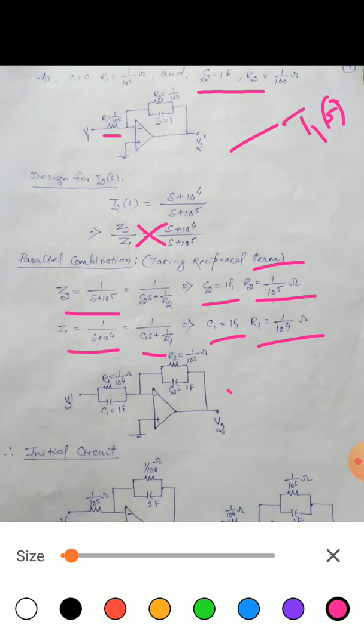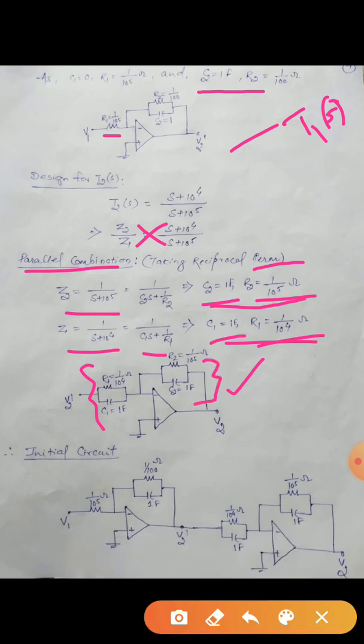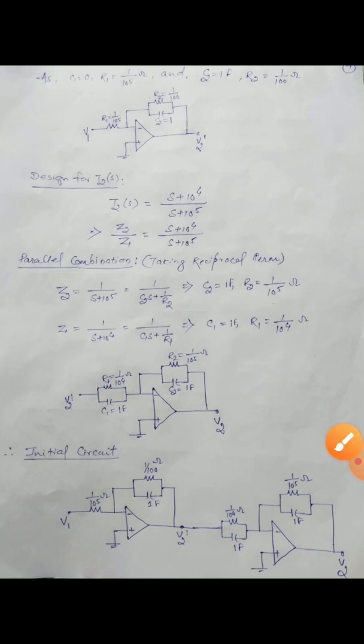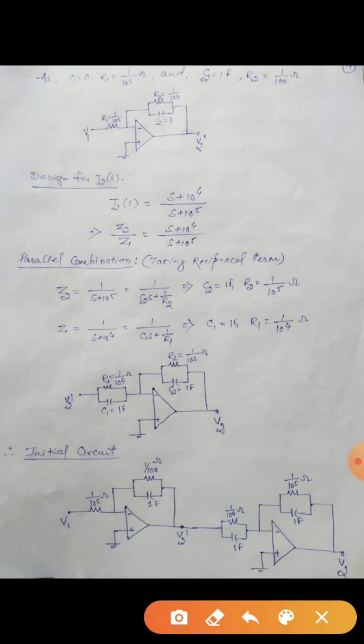And the final initial circuit in case of T2 of S is, as we can see from here, in the input terminals C1 and R1 both are present, and as we are using the parallel combination, in the circuit diagram at the input terminal the resistor and capacitor are connected in parallel. In a similar fashion, in the feedback element, as both resistor and capacitor are present, the resistor and capacitor are connected in parallel. So this is the initial circuit diagram. The complete initial circuit diagram will be like this.